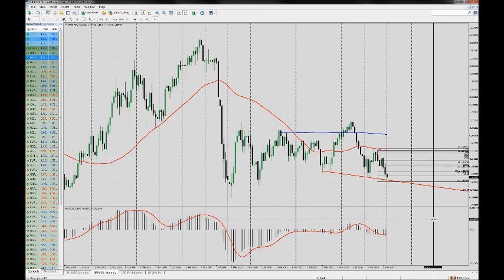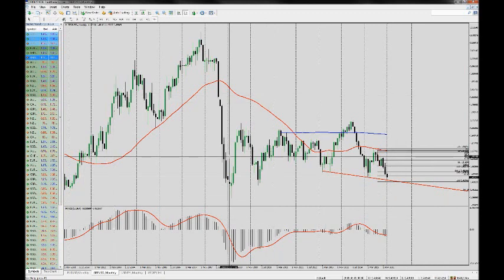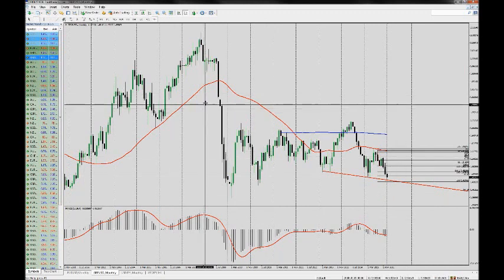Fundamentally, we are looking for a number of events. We discussed the Fed, but there is another element for the cable in 2016, and that's a possible Brexit. Brexit means Britain exiting the European Union. So if this happens, we should be seeing some kind of disaster and chaos in the GBP USD. Of course, the immediate result, I believe, would be positive for the GBP, because